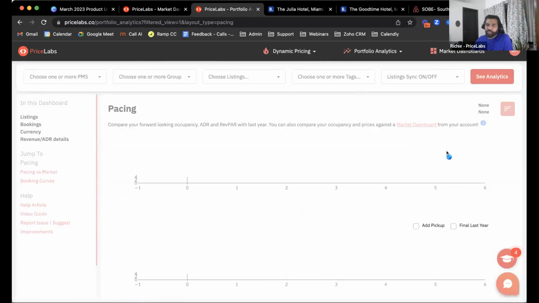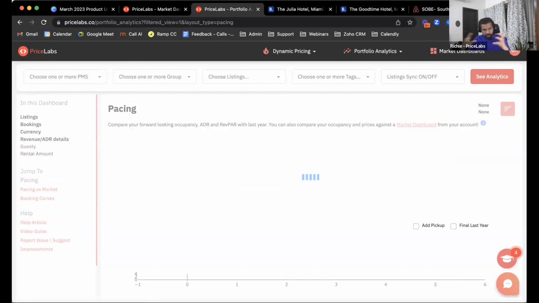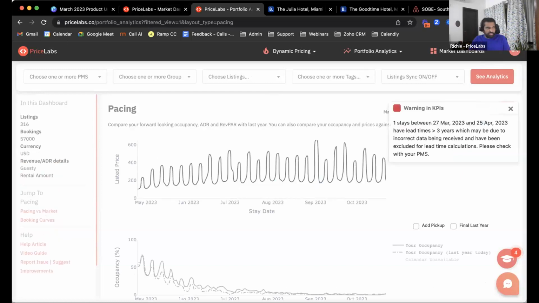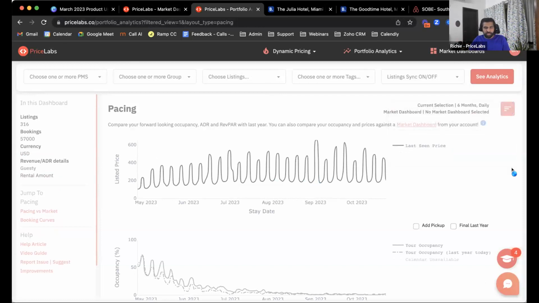Right. If you're particularly a large listing owner, if you have a bunch of listings, and if you want to understand how your properties are doing relative to last year, relative to market, and when we looked at it in neighborhood data or on that hotel data, we looked at individual listings, but you may want to look at it at a portfolio level or at a group level or any of that, right? This is where pacing charts can really help,